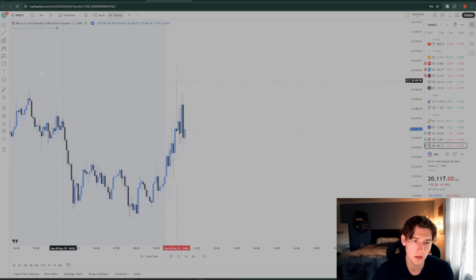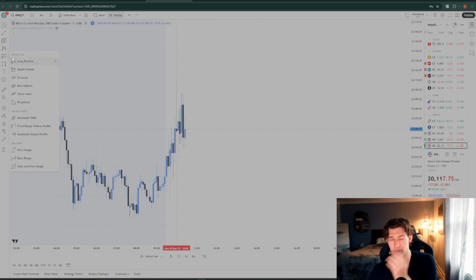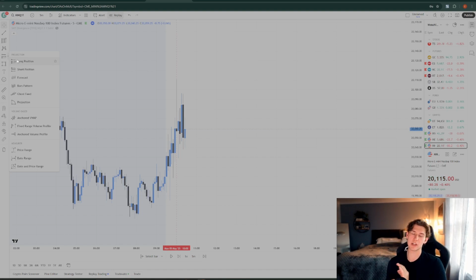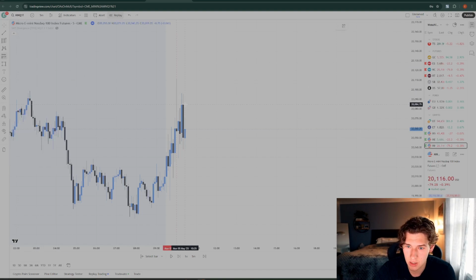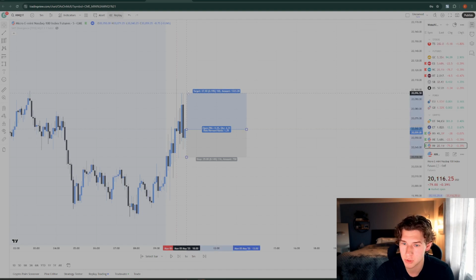Yeah, let's get rid of this thing. Let's see what else we have here. Okay, so this is also a huge thing I use. Within this projection tool on the left side, you'll have a long position and a short position. I use this for every single one of my trades. So when you enter a long or a short, like I showed you before, you click the long position. Let's say we're entering long again here for whatever reason. Not that it's a good confluence. Do not enter long on this. But just to show you the projection tool,